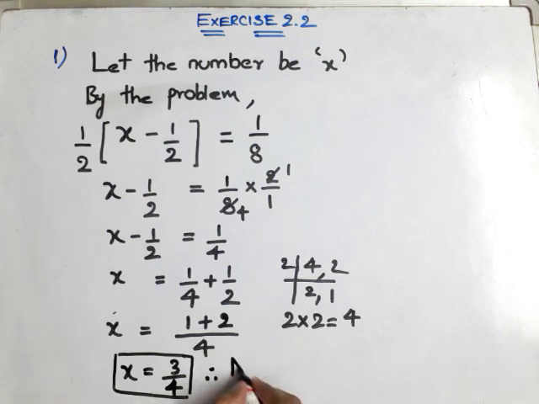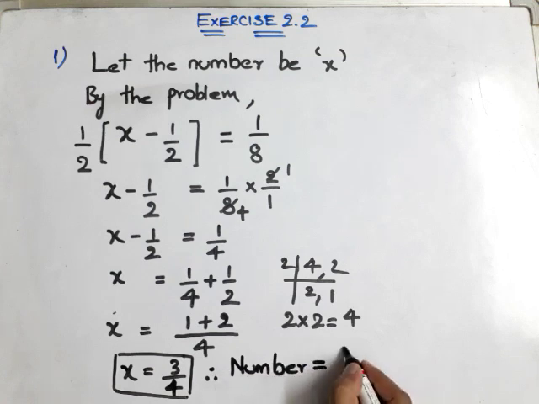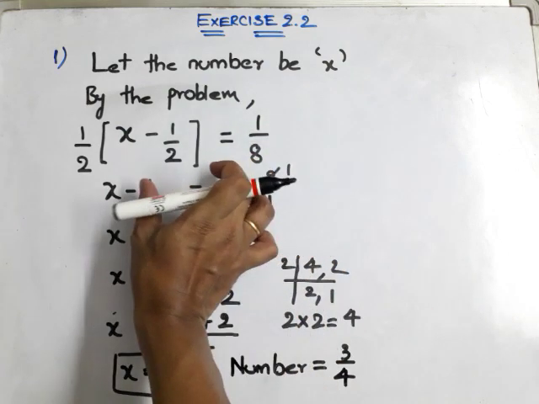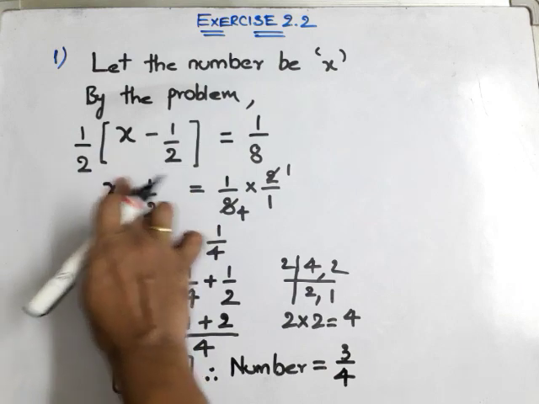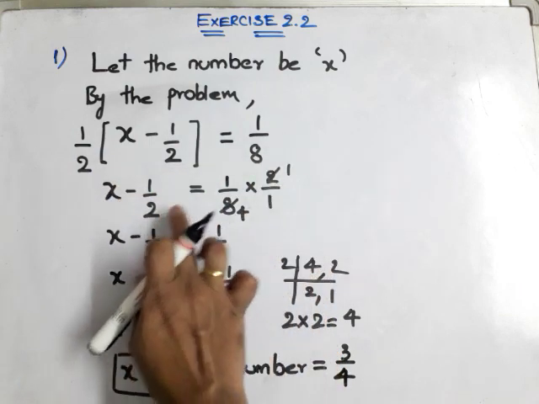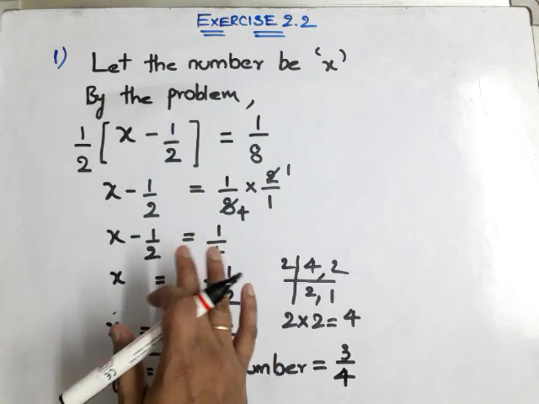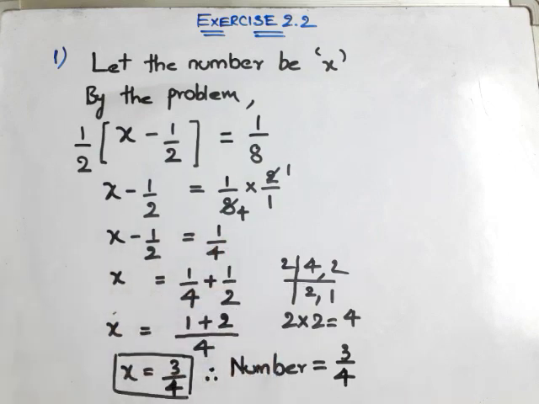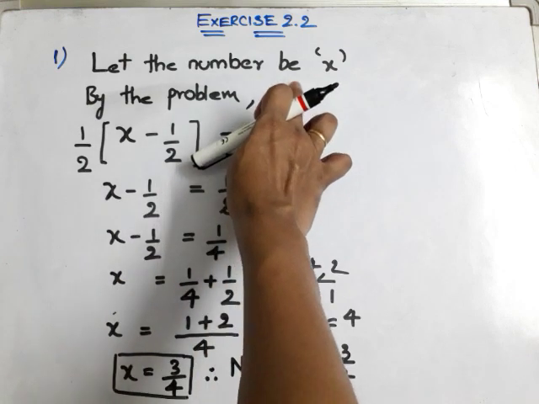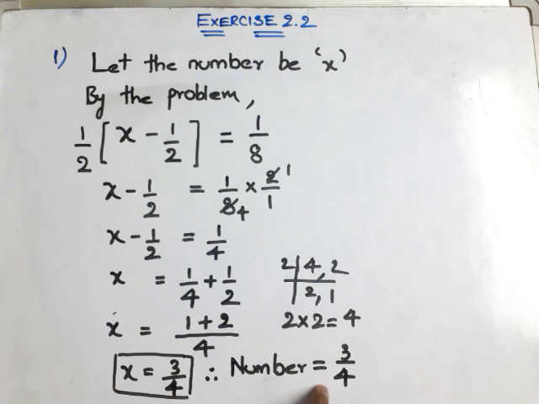Therefore, number is equal to 3 by 4. Hope you are clear. So follow the instructions as given in the questions. First subtraction, then multiplication. You will get the result as 1 by 2. Then by transposing the given terms, plus to minus and minus to plus, multiplication to division, we got the value of x as 3 by 4. What exactly is x? The number. So therefore the number is going to be 3 by 4. I am moving to the second problem. So please copy the notes carefully.